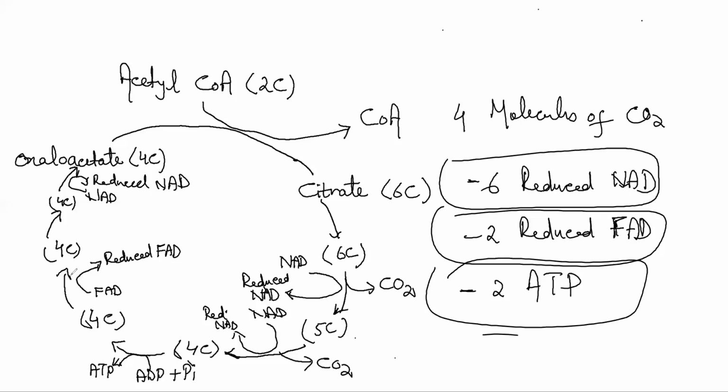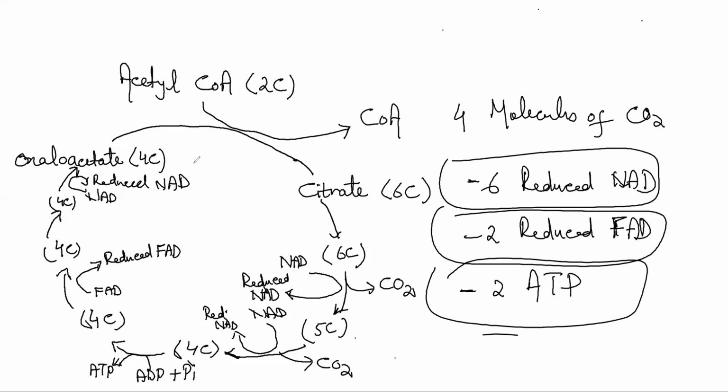At this stage, dehydrogenation takes place, but now the case is different because the hydrogen carrier molecule is different. Now instead of NAD, FAD is present here, so once again it gets reduced. Then the 4-carbon compound changes into another intermediate 4-carbon compound, and then finally this 4-carbon compound changes into oxaloacetate, which is once again a 4-carbon compound. At this stage, once again dehydrogenation takes place, so one more NAD gets reduced here.